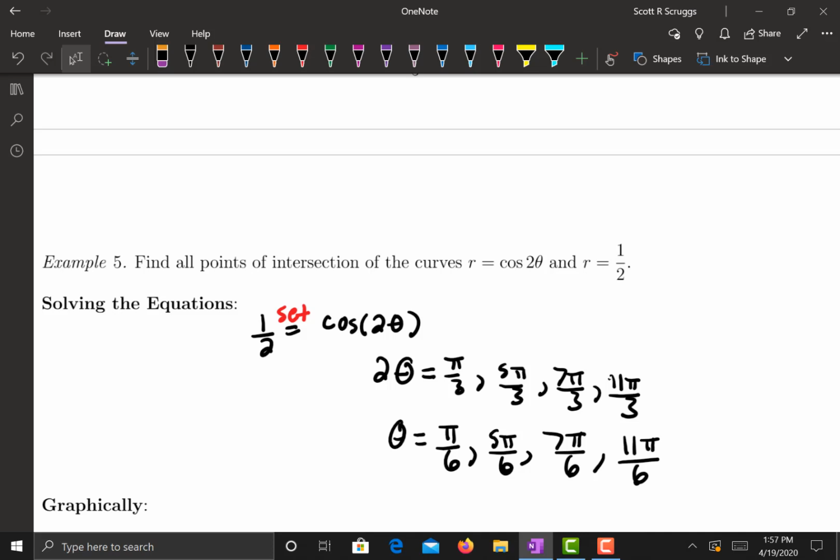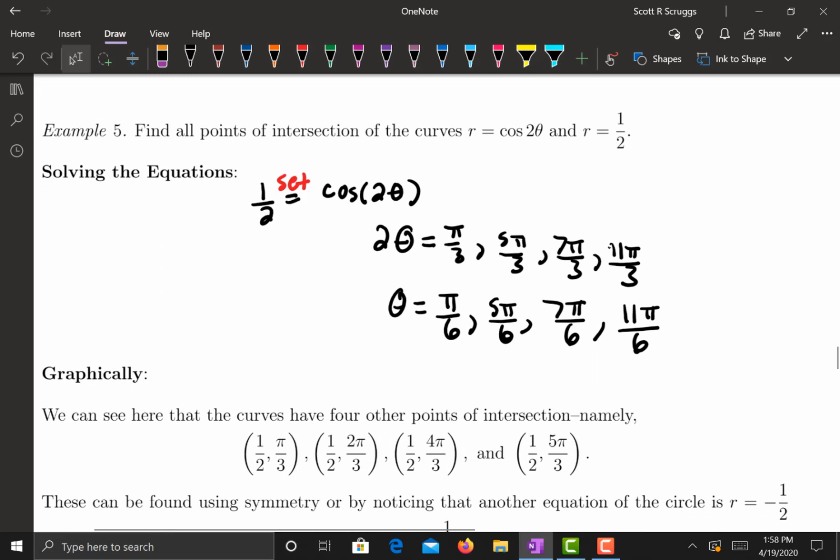And while it's nice that we have some of our values already, pi over 6, 5 pi over 6, 7 pi over 6, and 11 pi over 6,